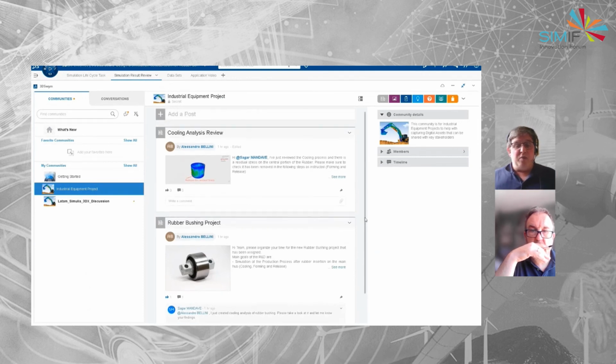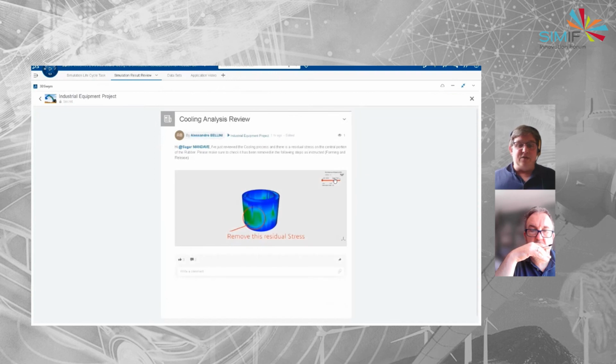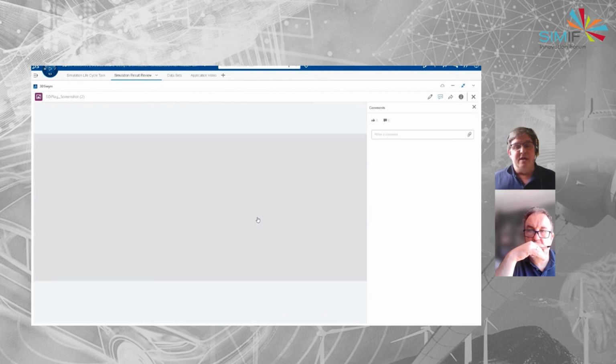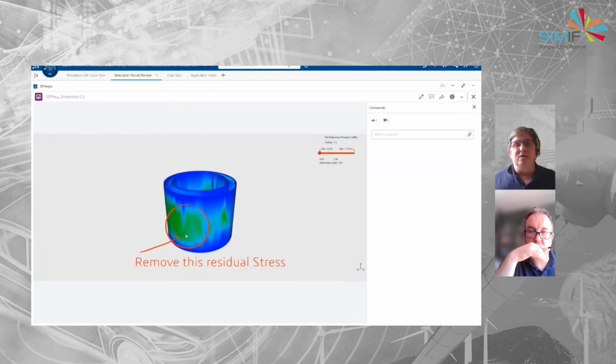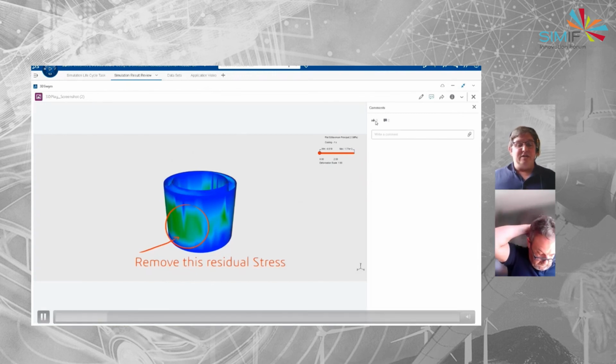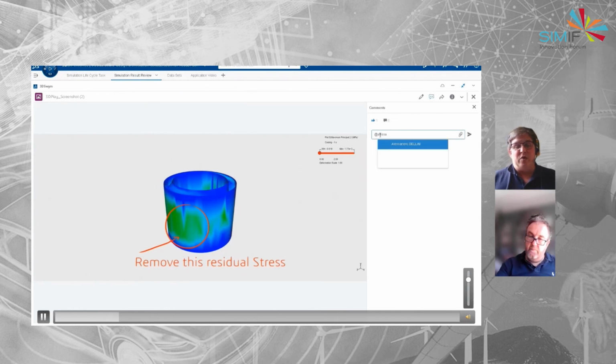So like we're talking about bouncing ideas off each other, especially in the modern world, people might not be in the office to sit down and go through things all the time. People might be working different hours. They might be in a different country. So by using the 3D experience platform, we can all interact with that same data. We can all comment on it. We can all interact and put our opinions down.